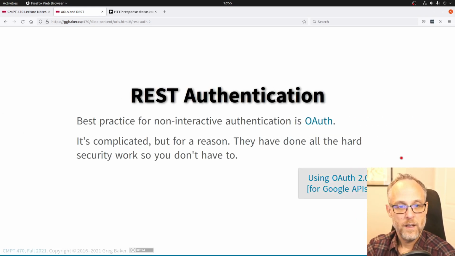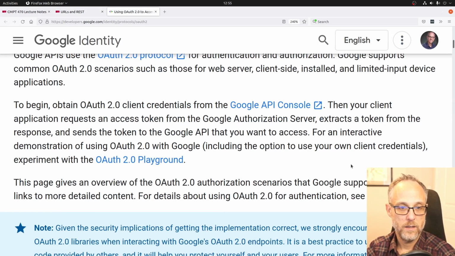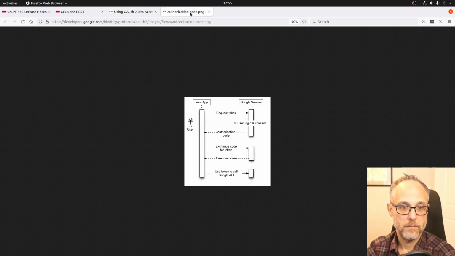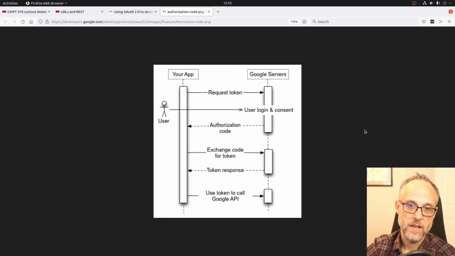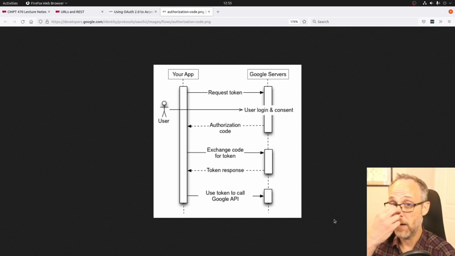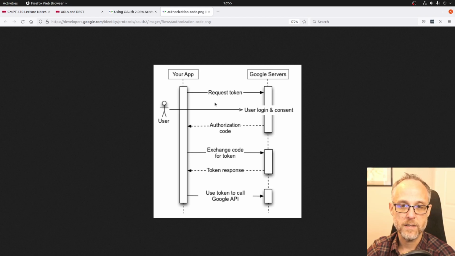OAuth is. I don't want to get too deep in the weeds of how OAuth works. I think I do want this one diagram that's somewhere down here. So this is, again, an app. You can think of this as an app on a phone or a program that the user has run on their computer or whatever it is. So this back and forth, and I'm sure you've done this. Well, actually, you've done this thing with like,